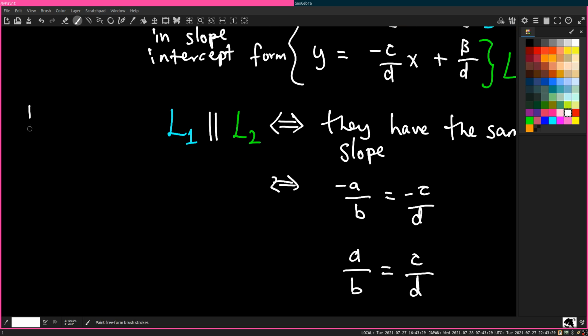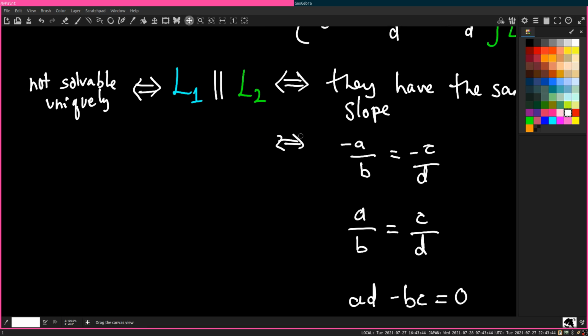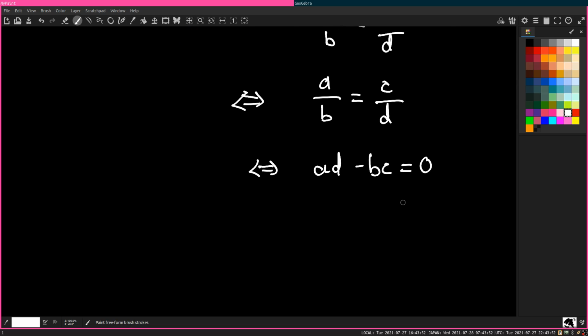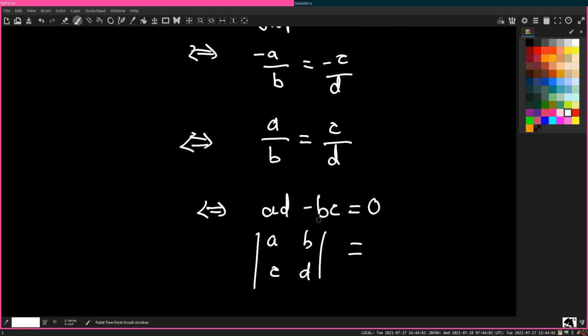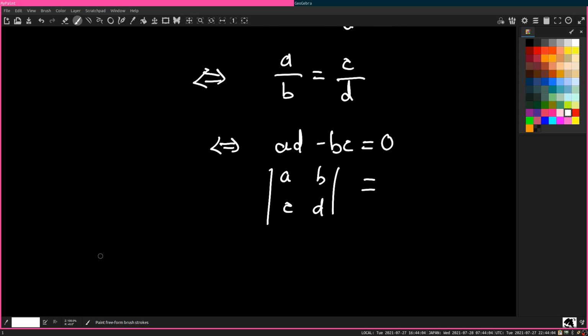Has a unique solution, or actually, let's say not solvable uniquely, if and only if the two lines are parallel, if and only if this, if and only if this, and then this is of course equal to the determinant of the matrix A, B, C, D. Okay, so, and then the converse of this is that